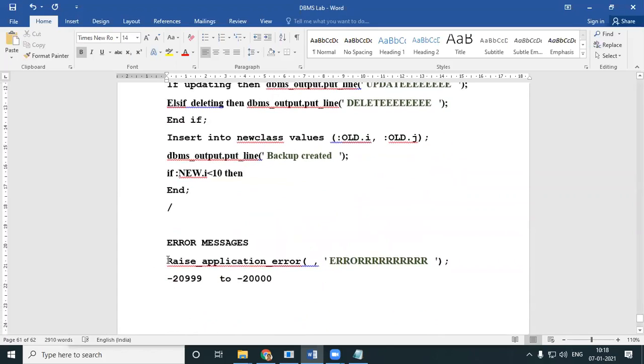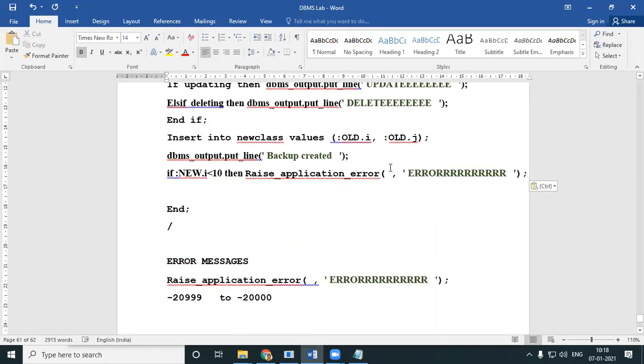New values should not be less than 10. Then raise application error, I'll give any number, provided it is in this particular range.